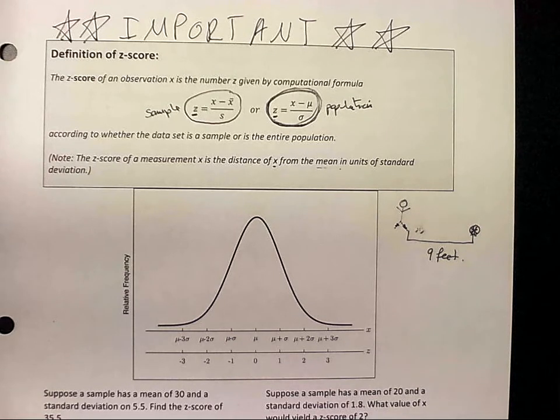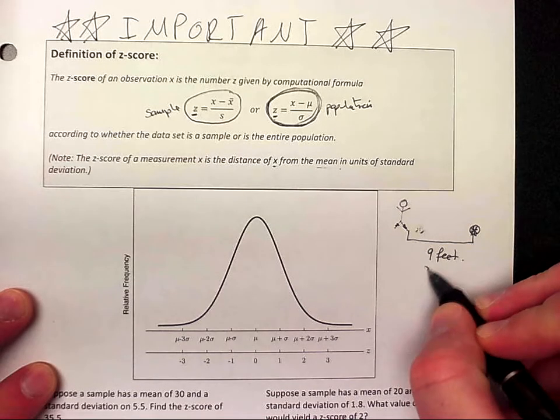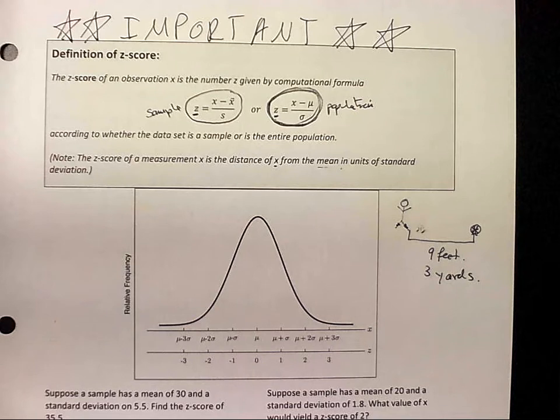3, right? So there's 3 feet in a yard. So then, therefore, this is going to be 3 yards away from me, right? Is everybody good that this right here is then going to be the same thing as 3 yards away? All right. Well, what you just did here by converting feet to yards is exactly what this formula is doing